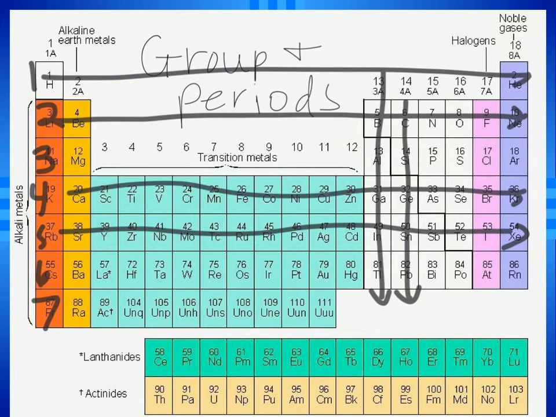Now that I've made the periodic table a big mess, we still do need to look at a couple of other things on here, and these are the group names. This first column over here is called the alkali metals. This next group that's already marked for you is called the alkaline earth metals. Then all the way over here, notice how the halogens are this column right here, and the noble gases are this final column right here. We'll talk about some of the properties of these in class, but basically alkali metals are really reactive, alkaline earth metals are a little bit less reactive, halogens are very reactive, and then remember noble gases, they have